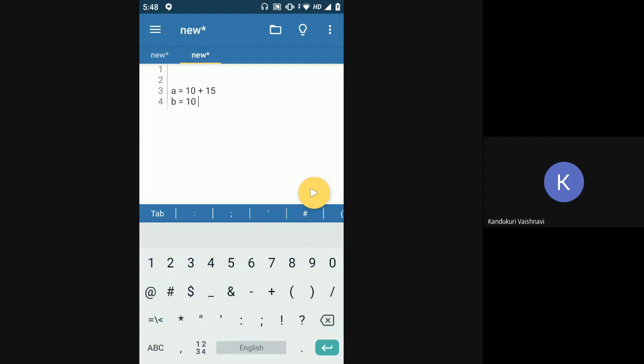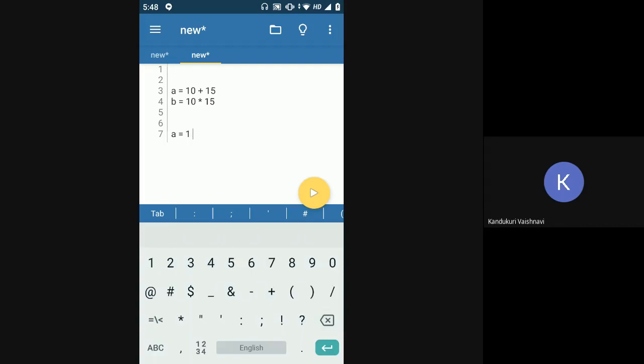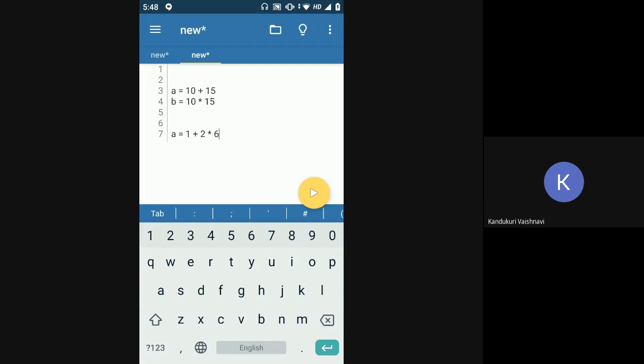So what if I have multiple operators in one statement? What if I have 10 plus 15 into 20? Or let's make it simple, 1 plus 2 into 5. So what will be the answer for this? Can anyone tell me?